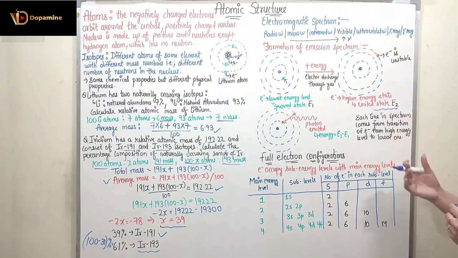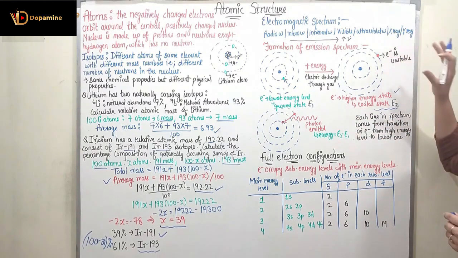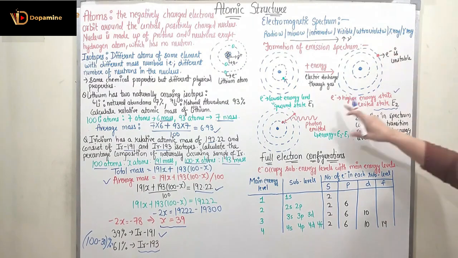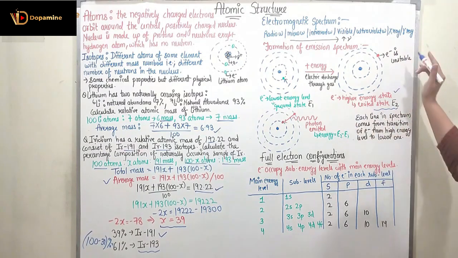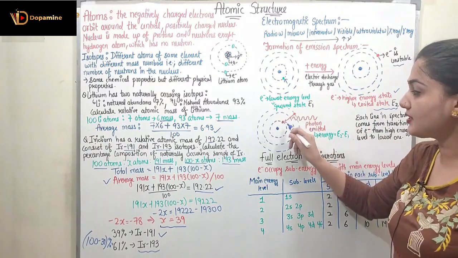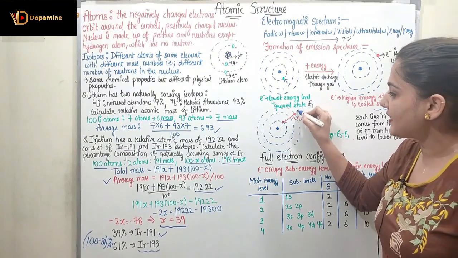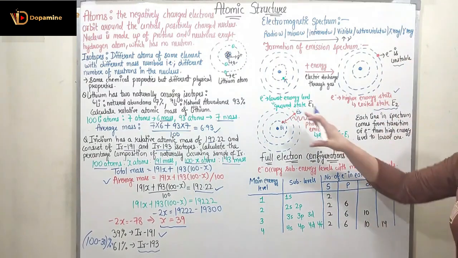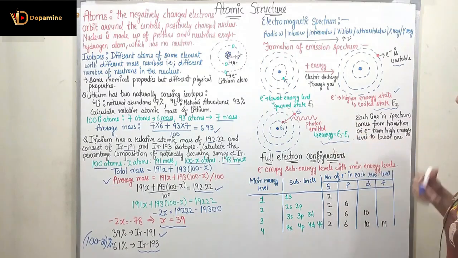This is the excited energy state, and the electron is moving to the higher energy state, which is the unstable energy state, because the electron does not belong to this energy state. So the electron will move to the higher energy state, which is the excited state, and because this is the unstable state, the electron will now come back to its parent state, that is the ground state, with energy E1. So from energy E2, the electron is now moving to the energy E1, and while it is doing so, it is emitting a photon which has the energy equal to E2 minus E1.